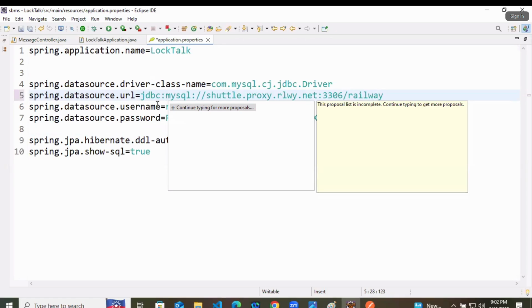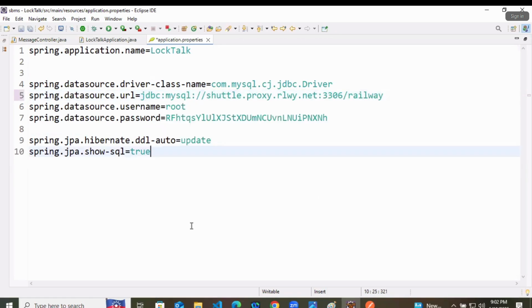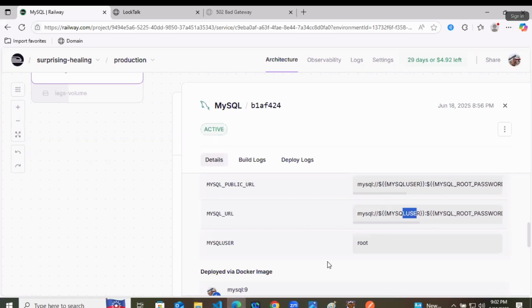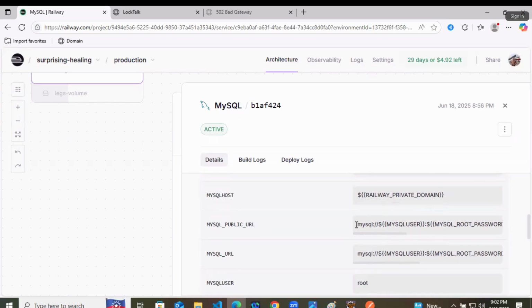Then what is the particular thing that we have to make here? Again, go to Railway and check username, root. This is the public URL. This is the MySQL URL. And it is telling you, let's understand that mysql colon double forward slash. Then you have to write the MySQL user.